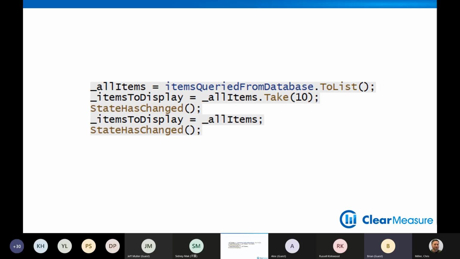But state has changed doesn't stop execution. We're immediately coming back and setting items to display to the IEnumerable that has all 100, and then calling state has changed again. So the browser builds the first 10, and then at that point in time shows it to the user while we have another DOM transaction going on. That's the other 90.